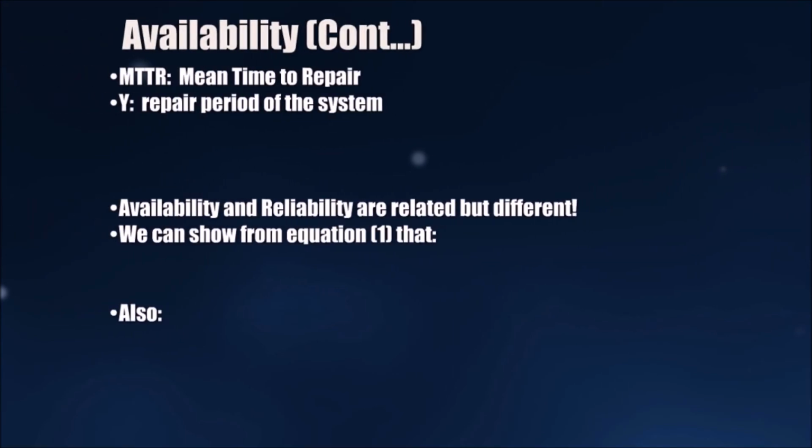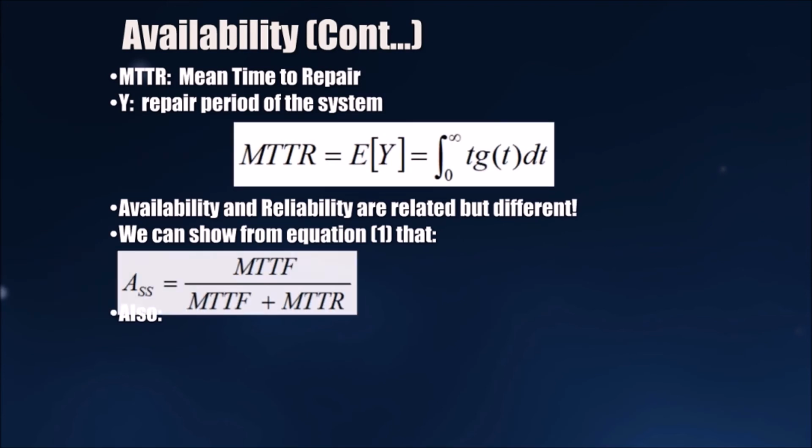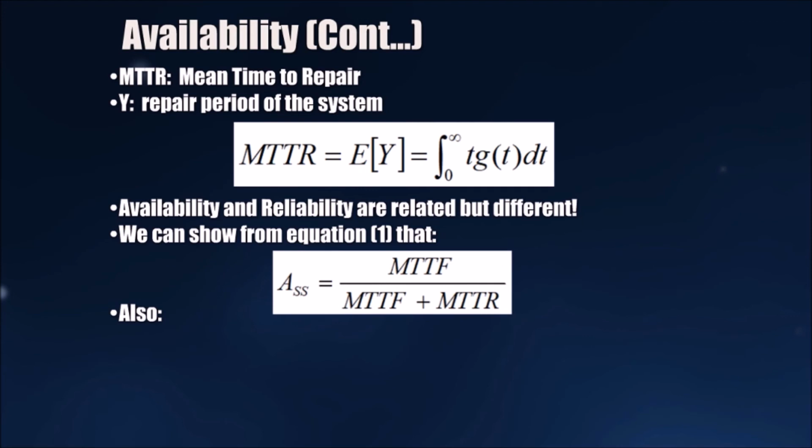Availability, continued. MTTR: mean time to repair, Y is the repair period of the system. Availability and reliability are related but different. Availability, continued. We can show from equation 1 that, also,